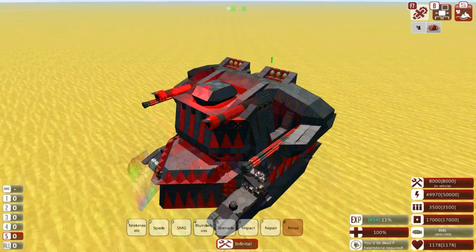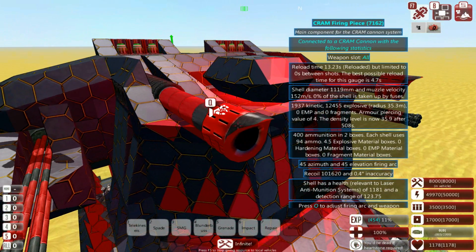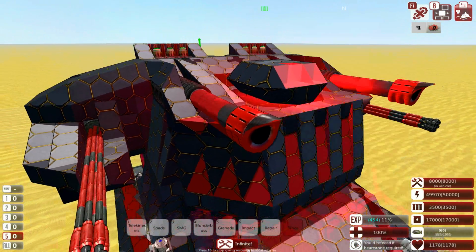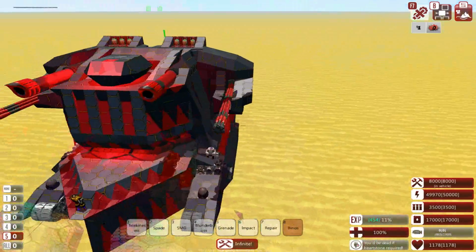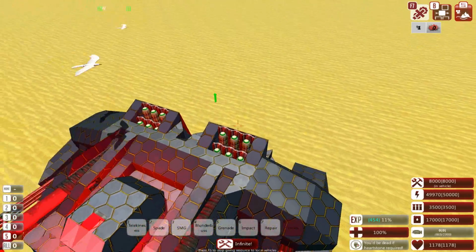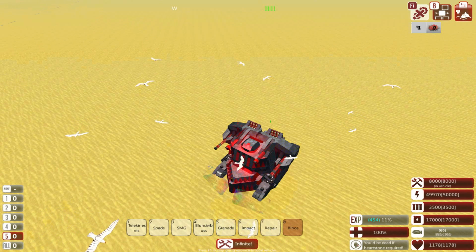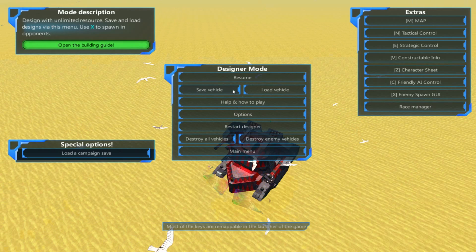And the main turret section, the Skarbrand itself, we now have 1,119mm cram cannons, and I've also upped the fire rate of the miniguns, in addition to making these a little bit more aggressive with an additional warhead. I think that's pretty much everything covered, so, for the sake of fairness, I'm going to save the vehicle, just